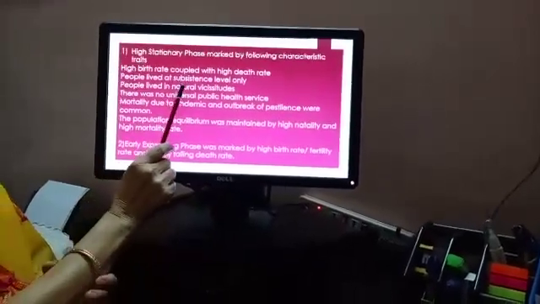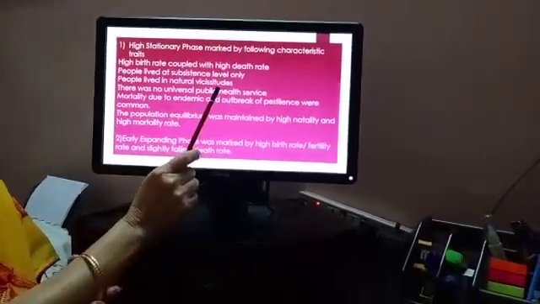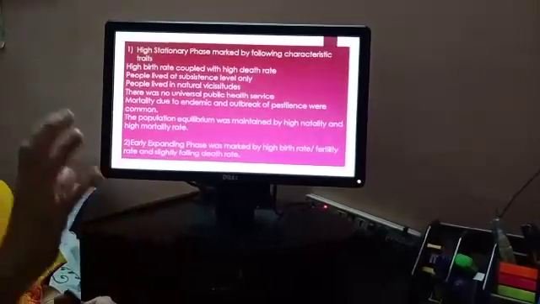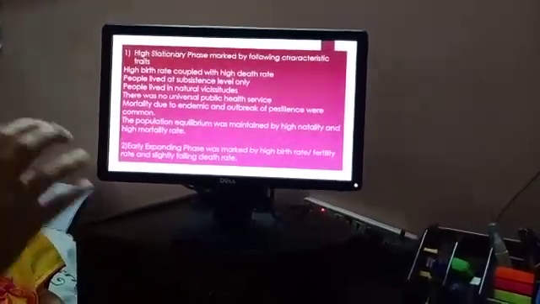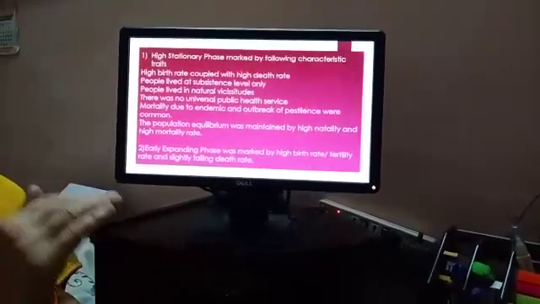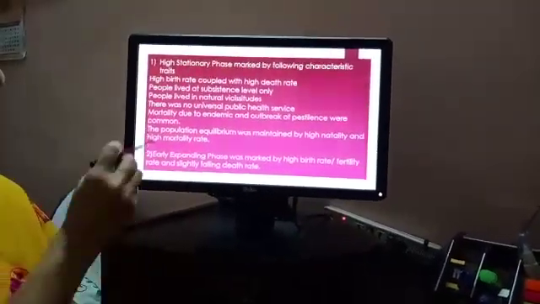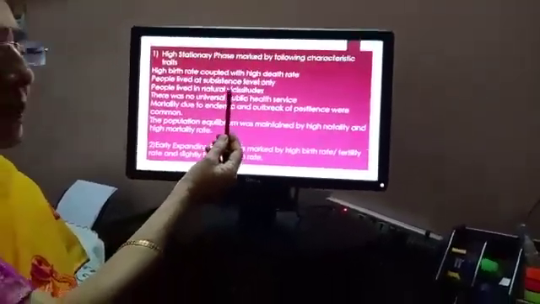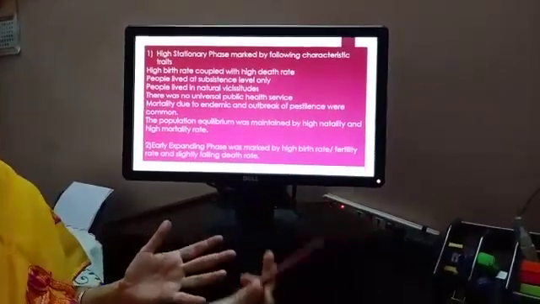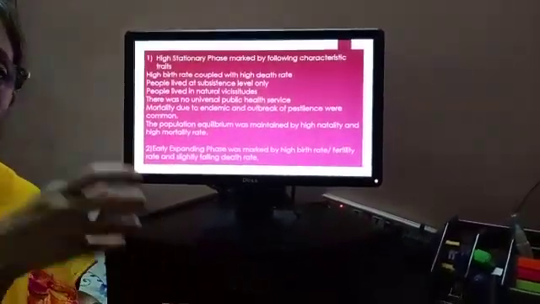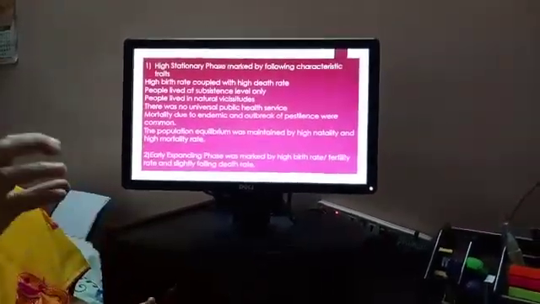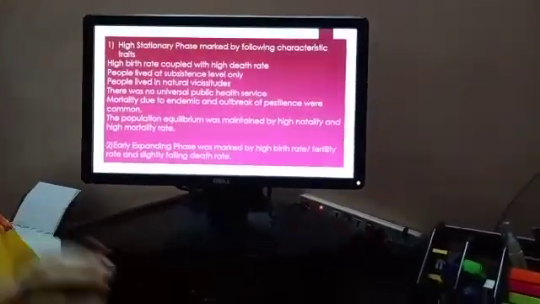People lived at subsistence level only. That means this was a stage when there was not much development, not much agricultural, industrial or any other social development. So people lived at a subsistence level. People lived in natural vicissitudes. Whatever nature provided them, they made adjustments according to the seasonal variations in the availability of natural phenomena and